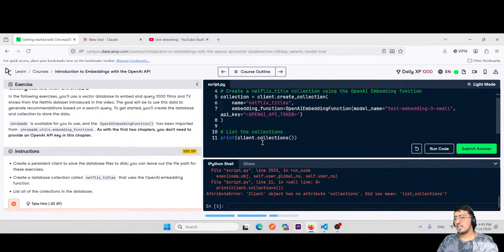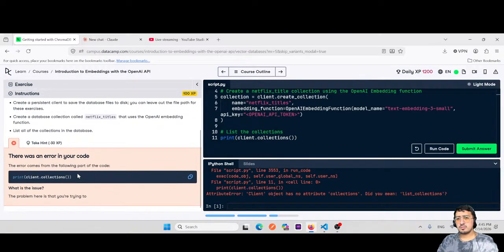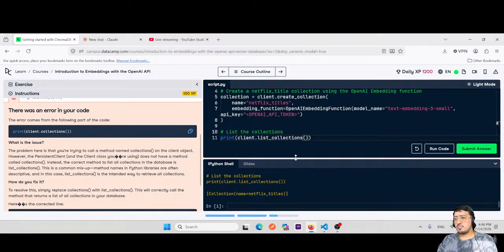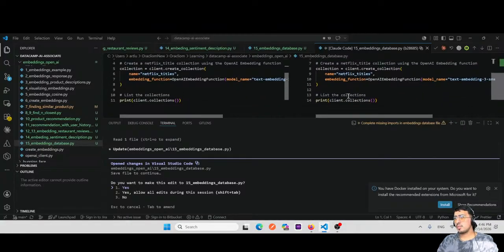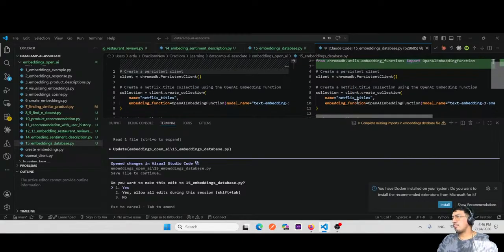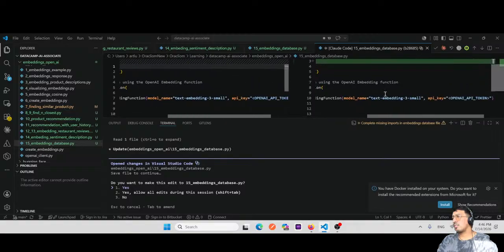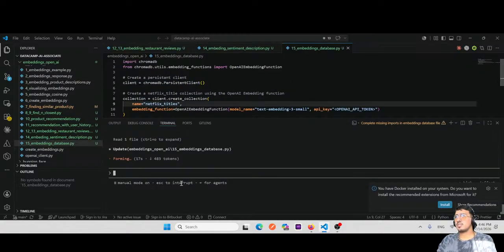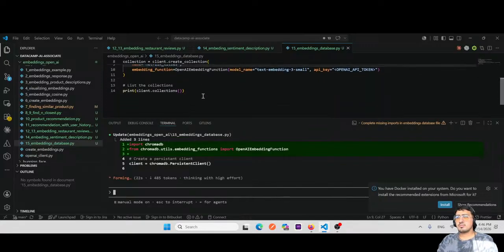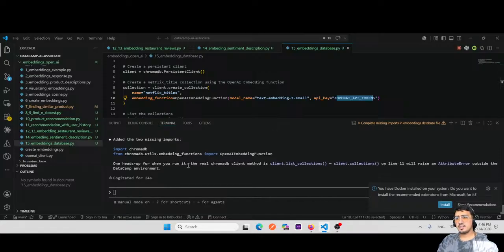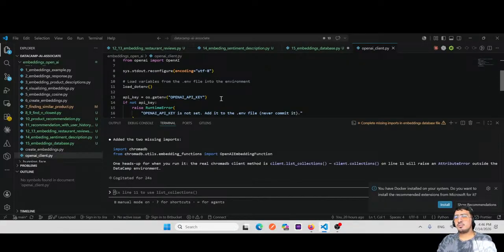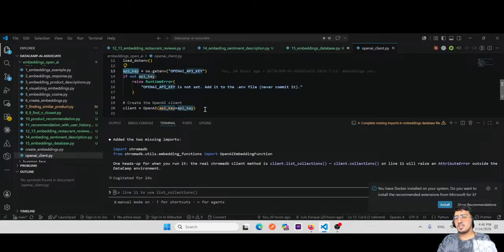It failed. Client has no attribute collections. So let's explain the error. Okay, so the correct one is list collections. Yeah, and this is supposed to be OpenAI embeddings. And yes, let's do that. And here I'm supposed to pass the API token. So first of all, here is list collections, and now in the OpenAI client, so let's do